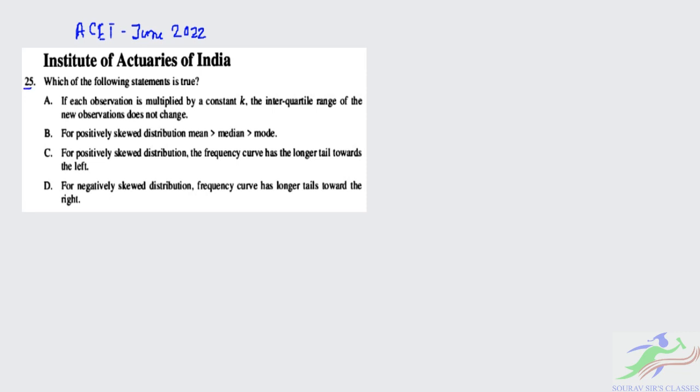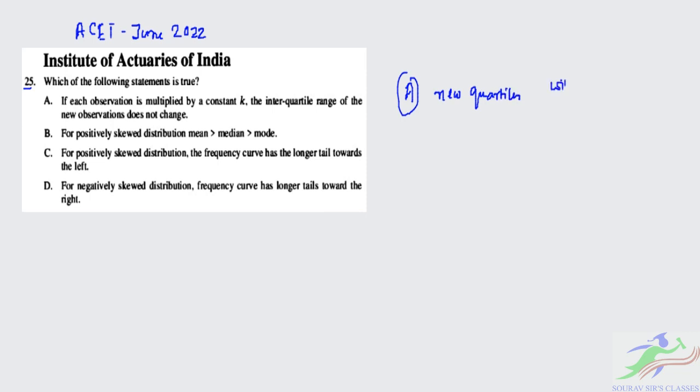What it states is that we have to find which of the following statements is true. Okay, so now let's consider. We will see one by one actually. The statement A says that if each observation is multiplied by a constant k, the interquartile range of the new observations doesn't change. Okay, so now if each observation is multiplied by some constant k, then the new quartiles,